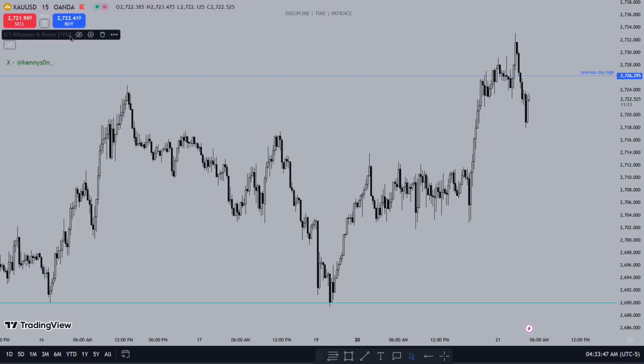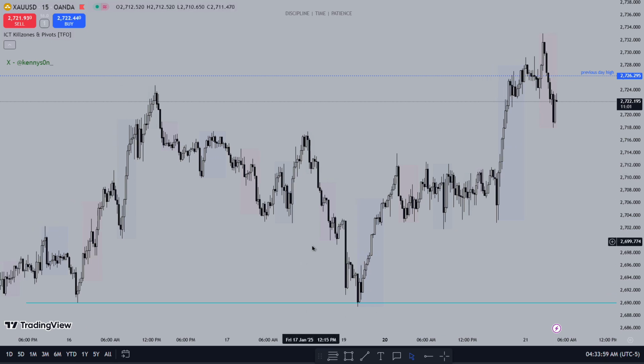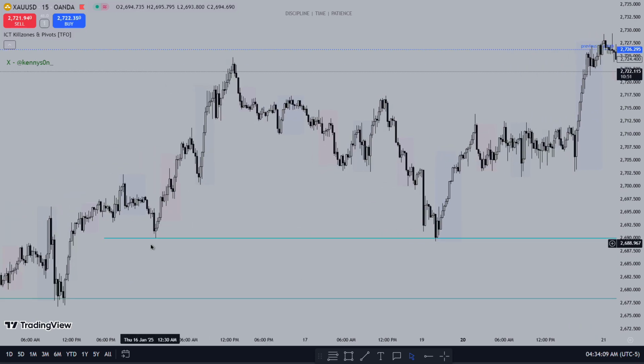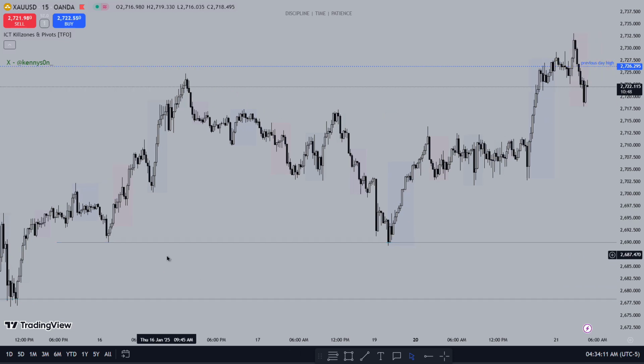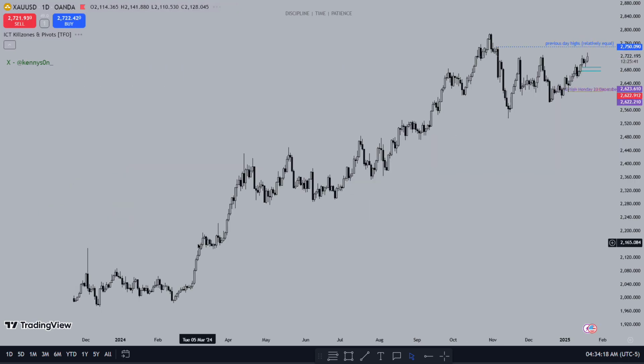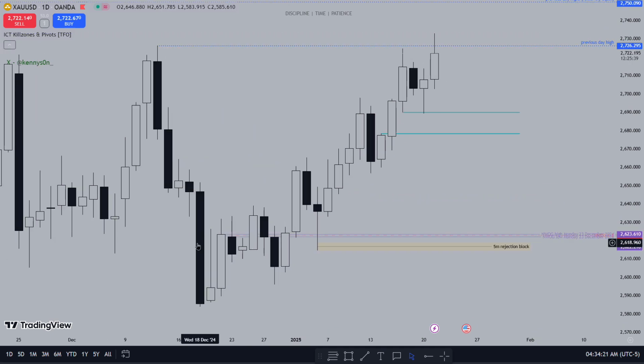Let me turn on the session indicator to see what happened during different sessions. Like I said, I wanted us to trade this CB. We were somewhere here, market closed around here. I wanted us to trade to this CB and then go down to take out this London low, take out this low, and then this is the daily BC high and low mark. Let me go back to the daily so you can see it clearly.